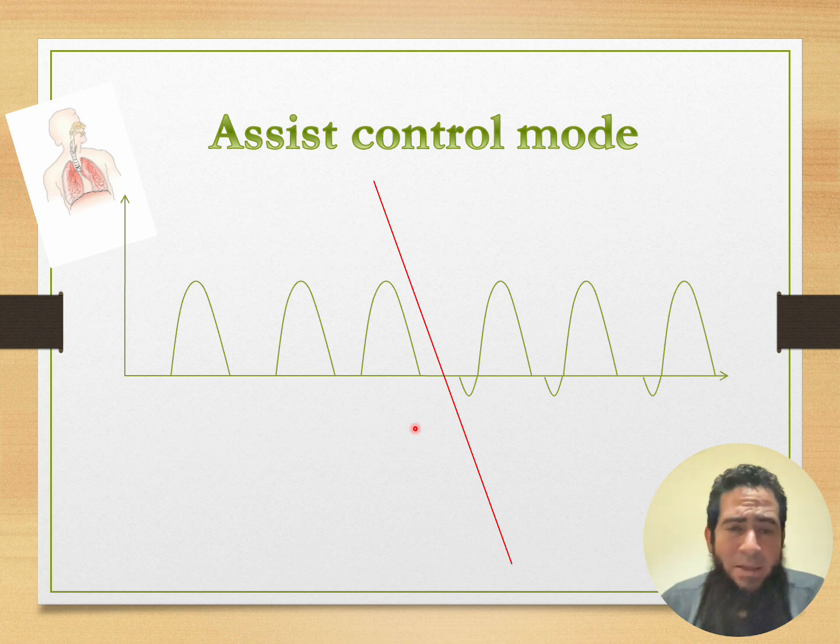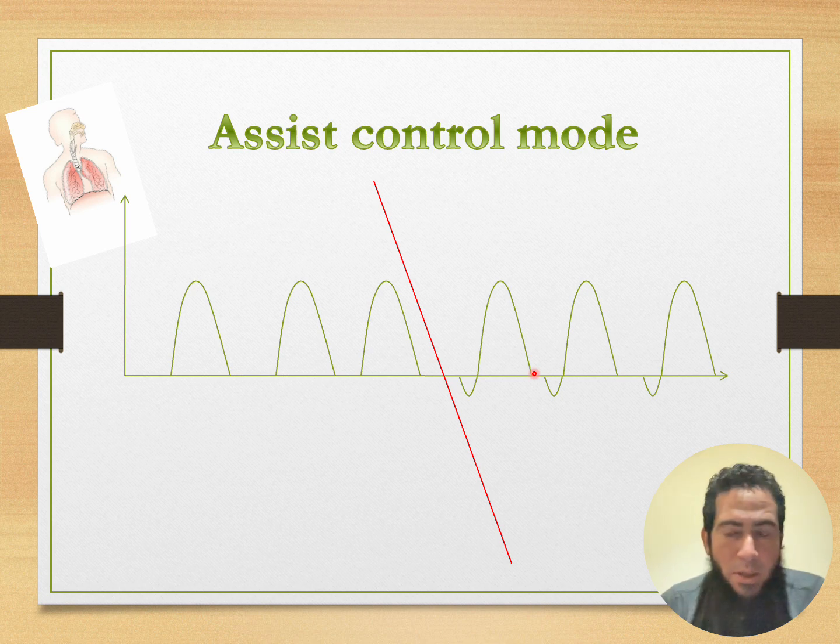On the other hand, if your patient is actively breathing, each single trial for him to take a spontaneous breath will be fully assisted by a full tidal volume,